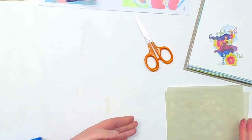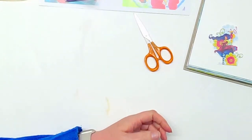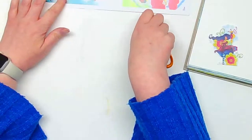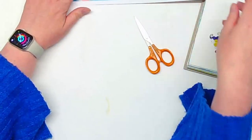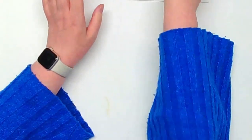Okay. It was great fun, and it was so nice because a lot of them were like, well, I don't do art, and they were a little bit resistant. And then there was one lady, poor little sweetheart, she'd forgot her glasses, and she was very upset about it, and she was wondering if what she was doing was any good whatsoever. And I was like, you've done a great job. And I was like, have you had fun? But it was lovely. We had a lovely little time together. We had a wee cup of tea, and we did